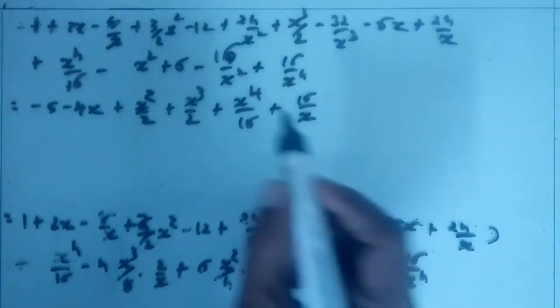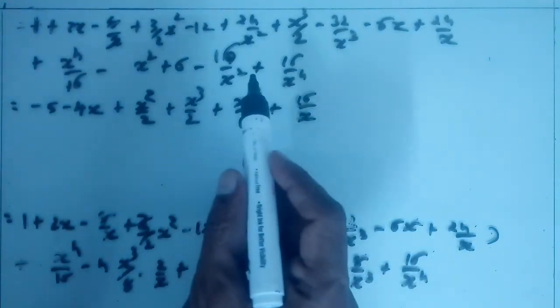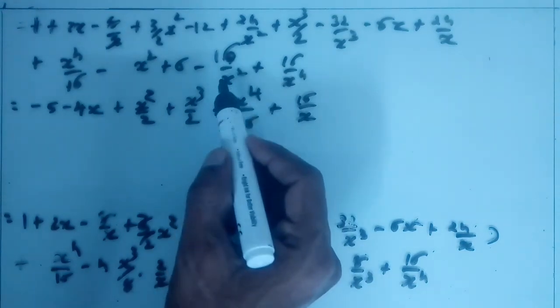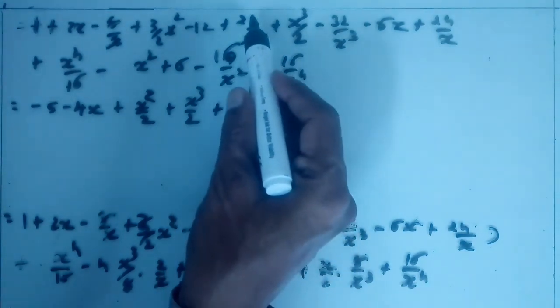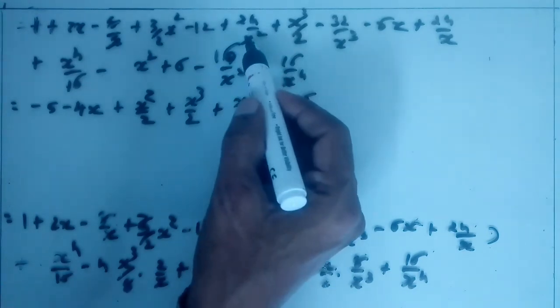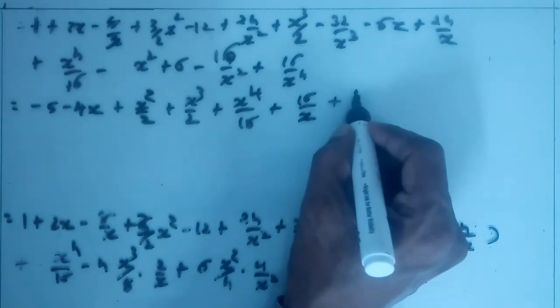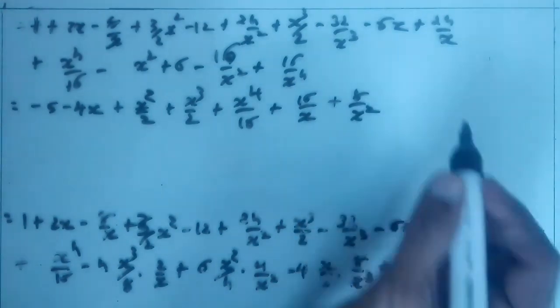Okay, similarly term with 1 upon x square: minus 16 upon x square and 24 upon x square, so becomes 8 upon x square, clear,